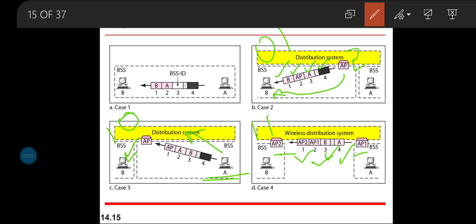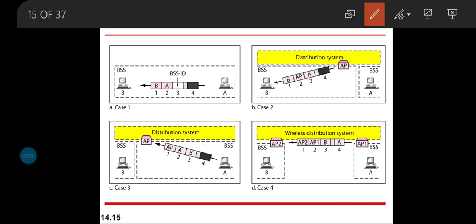So here we need 4 kinds of addressing: the original sender, the final destination, and 2 intermediate access points. The first 2 fields will be the access points and the next 2 fields will be the stations. That is how this addressing is going to work.